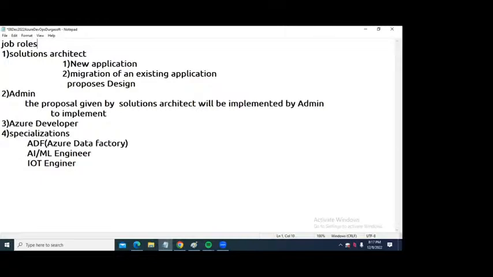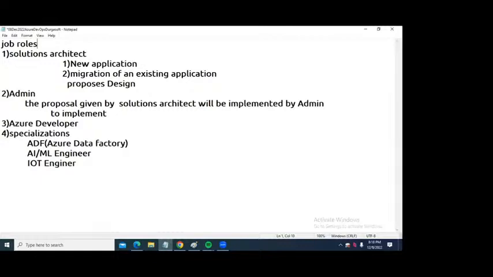Sir, one doubt. Are Google Cloud, Azure and AWS cloud different or the same? Both are different. Yesterday also someone asked the same question and Shiva Kumar replied that all are different.